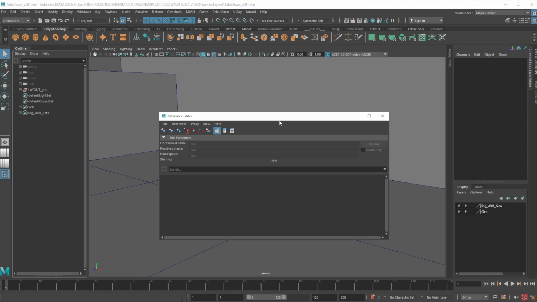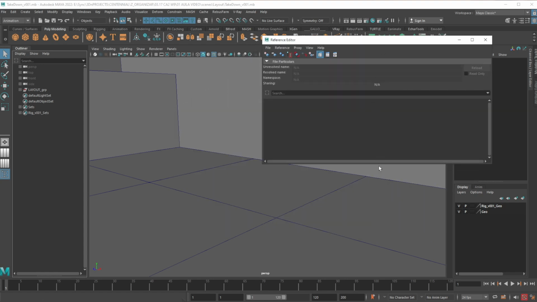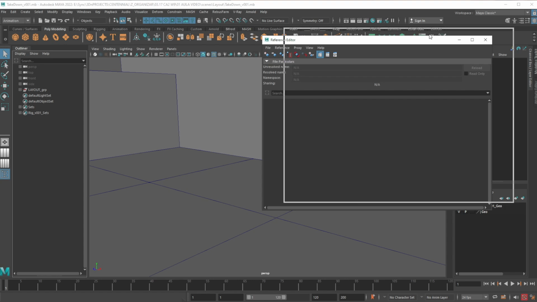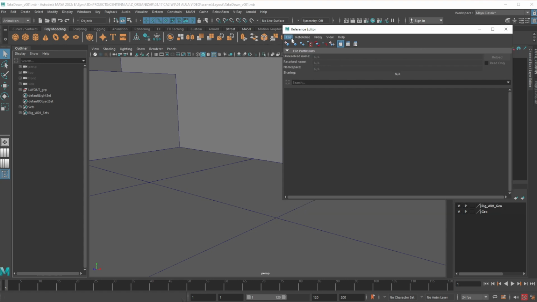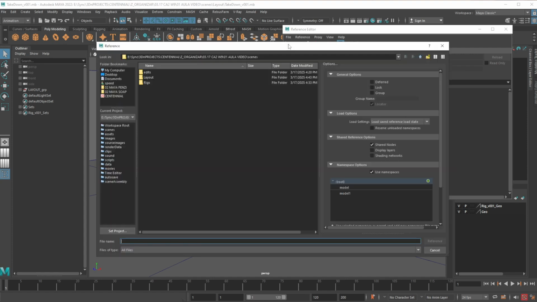So reference editor, I open it, it's empty for now because I don't have any reference in this scene. And I'm going to create one. I can go to File, Create Reference, or I can go to this blue diamond with a plus here. Okay? And I'm going to show you why a blue diamond as well. So I click on it, and I have my two folders, layout and rigs. And of course, I go to the rigs folder, and I'm going to open my rig version 1. Okay? So I select the file and I click on reference,